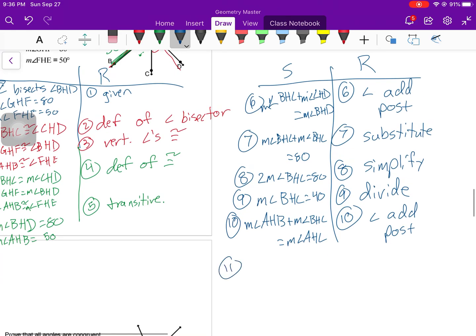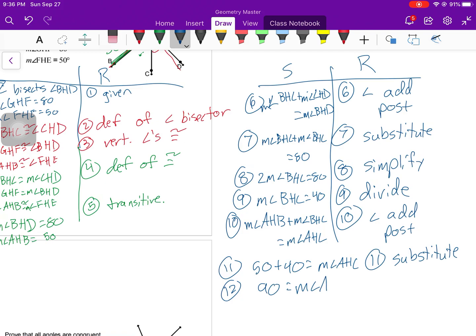Plug in those values. 50 plus 40 equals the measurement of angle AHC. Okay, that's my substitution. 90 equals the measurement of angle AHC. If I simplify,